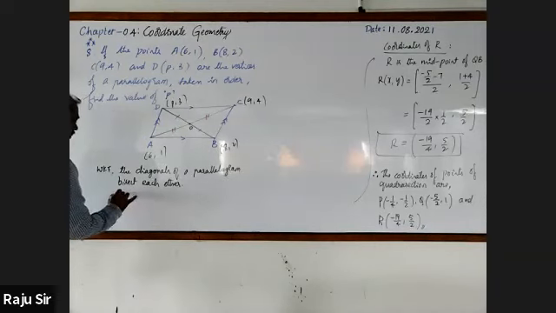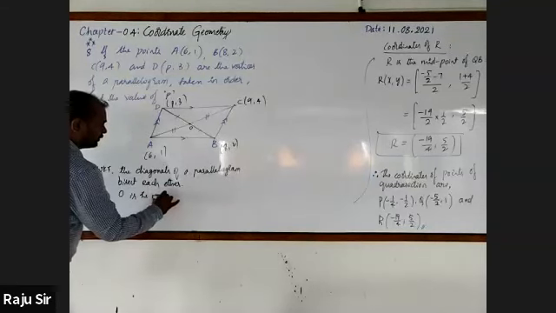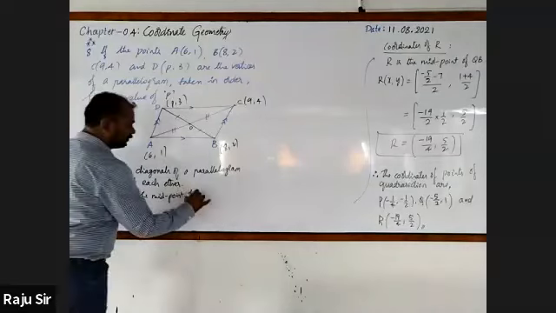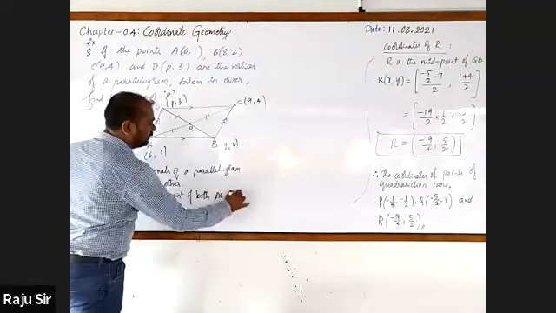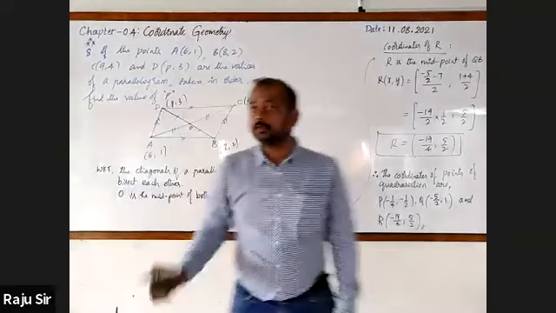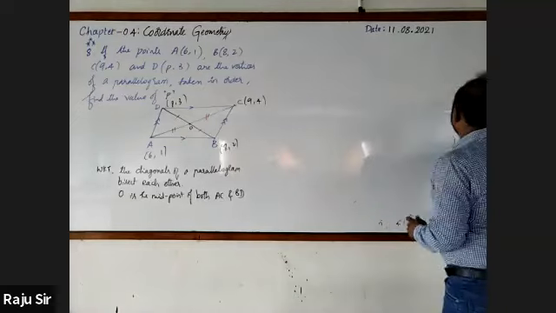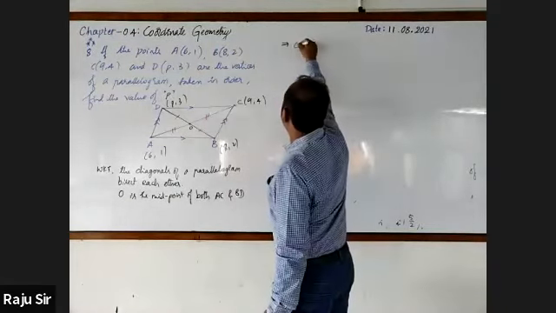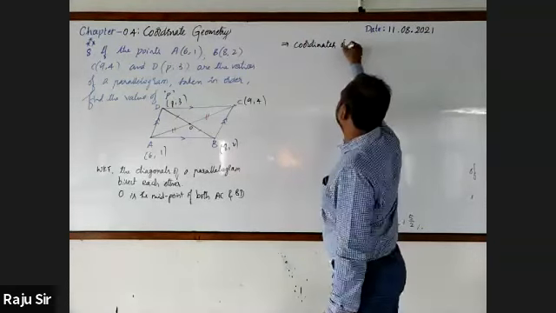In the given figure, O is the midpoint of both AC and BD. Then the coordinates of